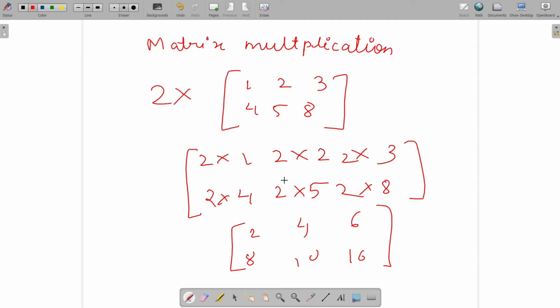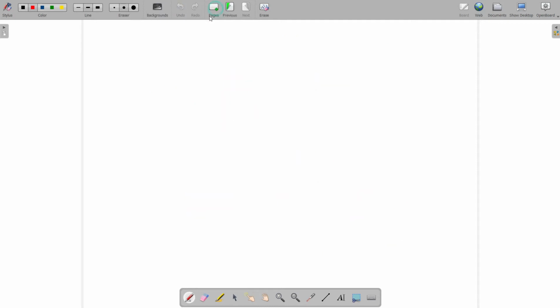But the multiplication about which we are talking is known as matrix multiplication or dot product. Dot product says when we want to multiply one matrix with another matrix, that is called matrix multiplication or dot product. So there are three things which we have to remember about matrix multiplication.